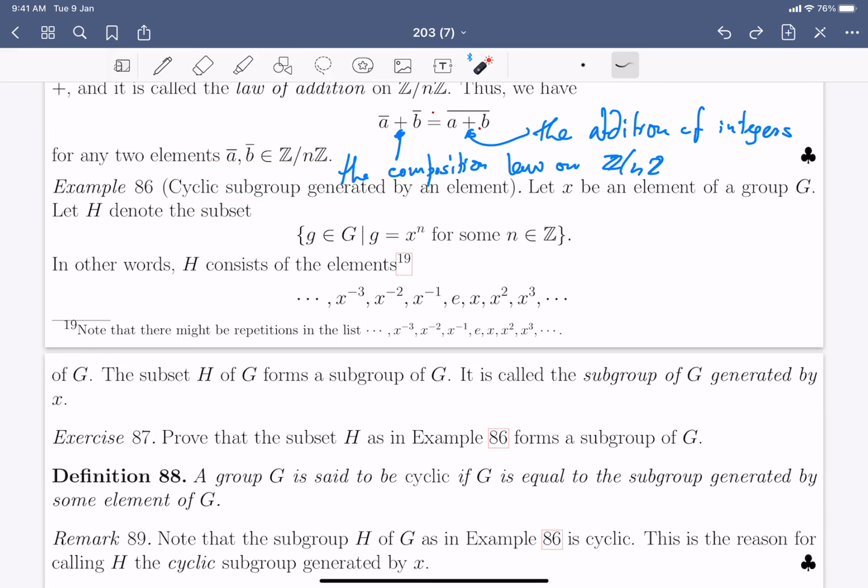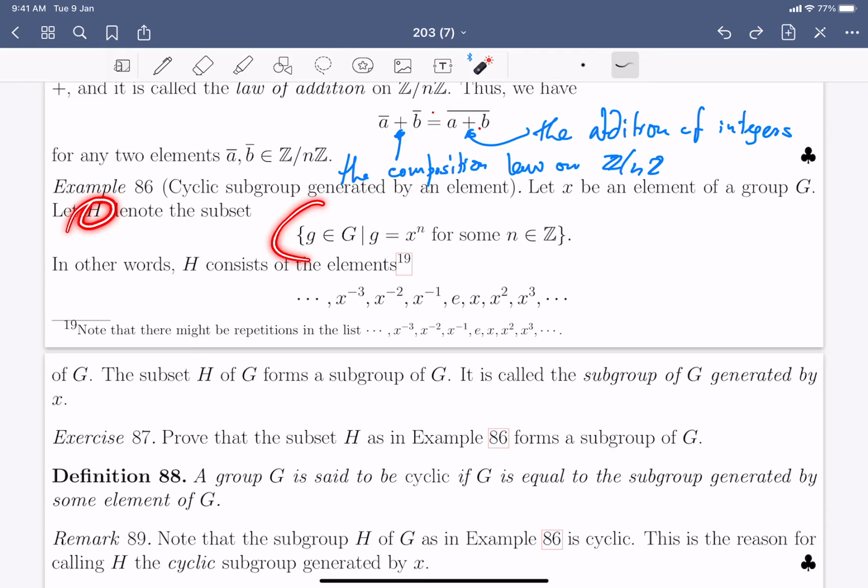Okay, so if you have a group G and you are given an element X, then you can consider all the powers of that element X. So X raised to 0 is the identity element by convention. Then you have X, and X raised to minus 1, X squared, X raised to minus 2, and so on. So if you collect all the exponents of X and then denote that set by H, one can show that